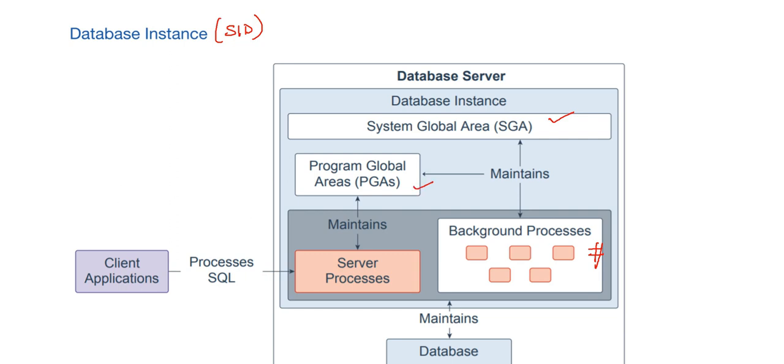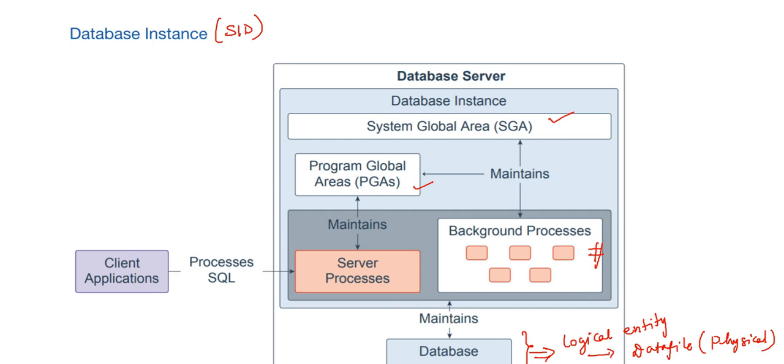Here the background processes operate on the stored data files. Whatever is present in the database is a logical entity. But the files inside the database are physical, what we call the data files, control files and redo log files. So the data files and all the storage media are physical entities, but the database as a whole is a logical entity. Whatever query or function you are triggering just gets stored in the database